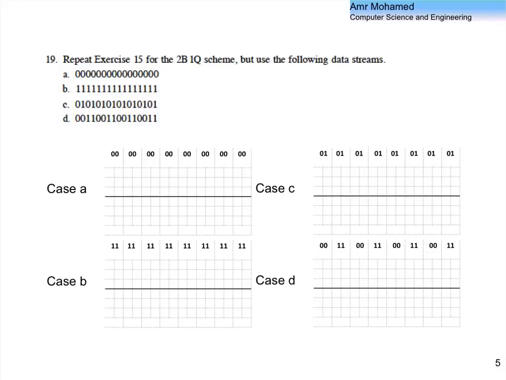For the 2B1Q, each 2 bits are represented by 1 signal value, so we have 16 bits in that case. So since the 2B1Q is a little bit complicated, I want you in that case to try to put the lookup table based on which you will map your levels so that there will be no confusion. Remember that the 4 different combinations are 0, 0, 0, 1, 1, 0, 1, 1. The signal level, so we can map this to positive 1 and positive 3, let's say, and then a negative 1 and negative 3. Remember, this is for positive